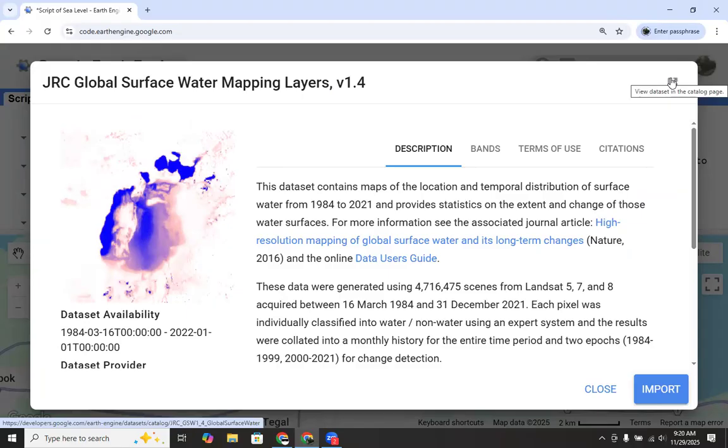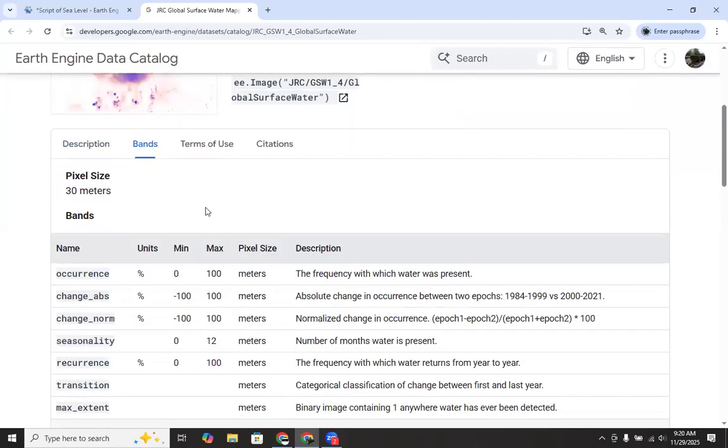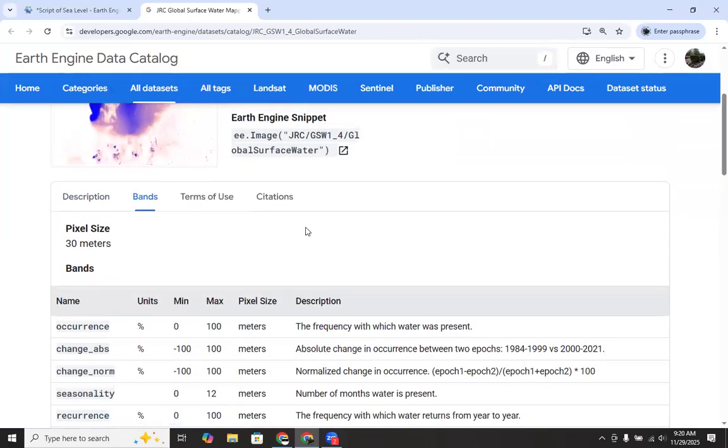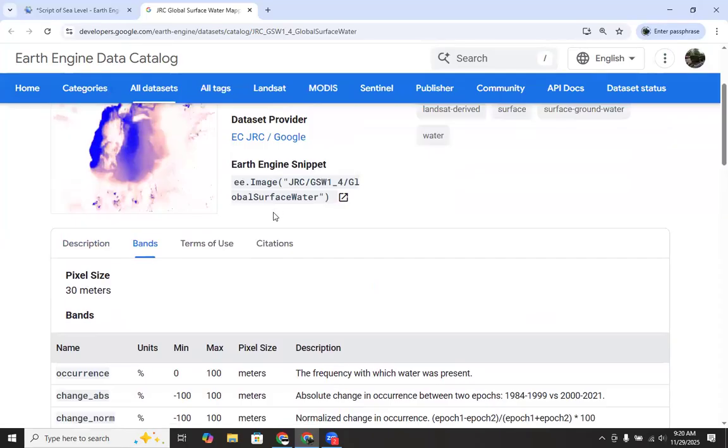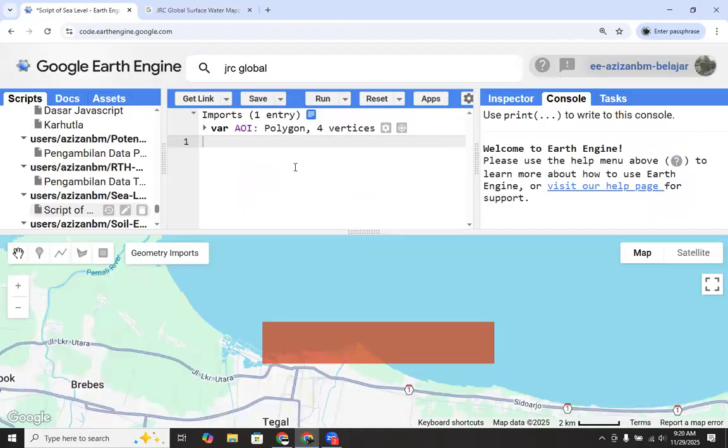You can choose the GRC Global Surface Water Mapping Layers, and then we can click the dataset in the catalog page. To use this data, you can copy the Earth Engine snippet. Let's say we name it as the variable water.